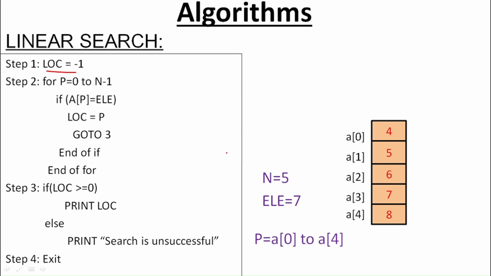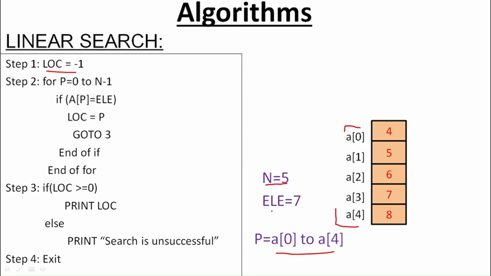In this case, we have 5 elements, n is equal to 5 and p is equal to 0. P is nothing but position. From here to here, from a of 0 to a of 4, this is position. And if a of p is equal to le,